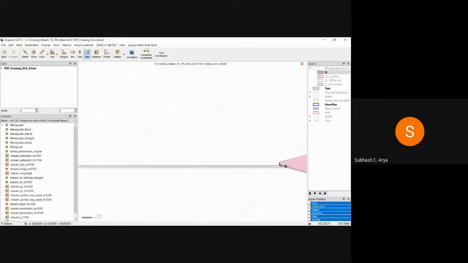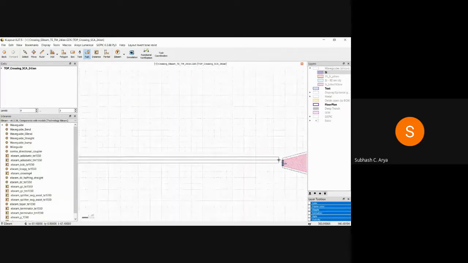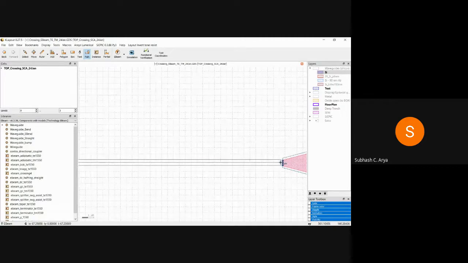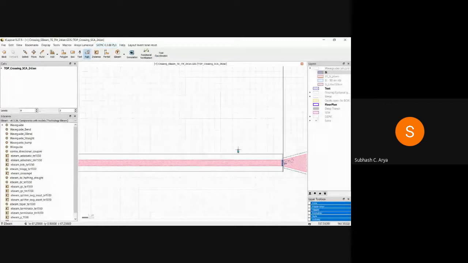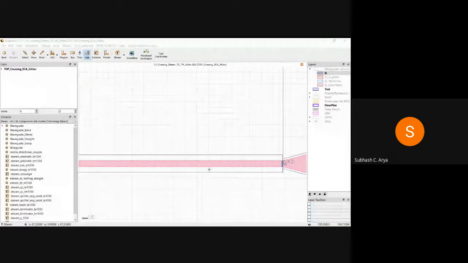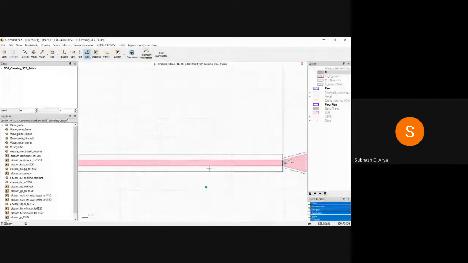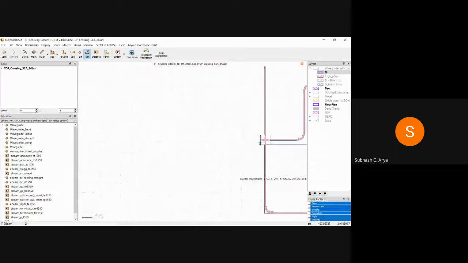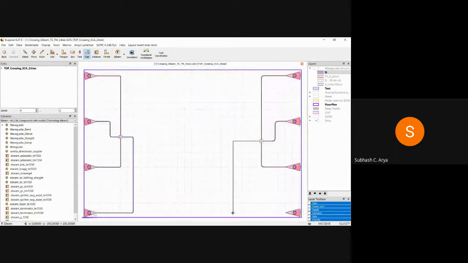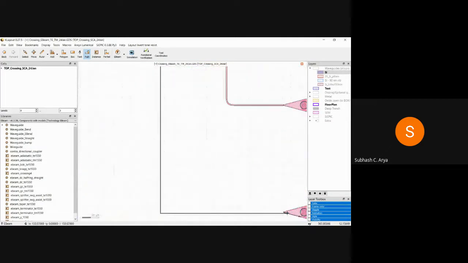Zoom in to bring it near. Go to SiEPIC waveguide, path to waveguide. Connection is made. Q, cell parameter, that radius 10. Okay, so F, and now the last connection can be made from here. F, go to here, go to here,